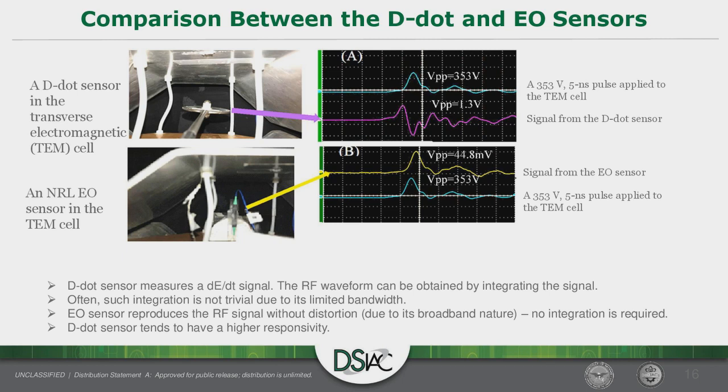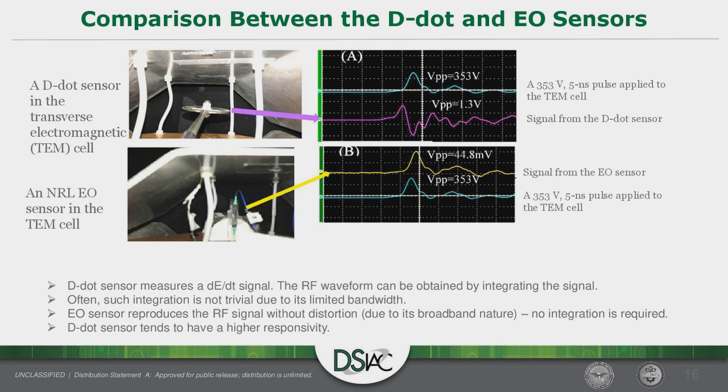In contrast, if we put the EO sensor in the same position, it measures exactly the same waveform. That's the input signal to the TEM. That's the EO sensor signal. As you see, it duplicates the signal, but it produces a little less voltage, 44.8 millivolt, whereas the DDA sensor produces about 1.3 volt. It's about 29 times